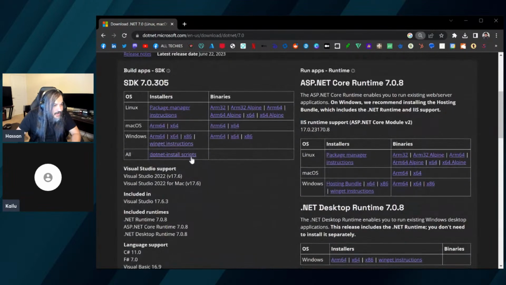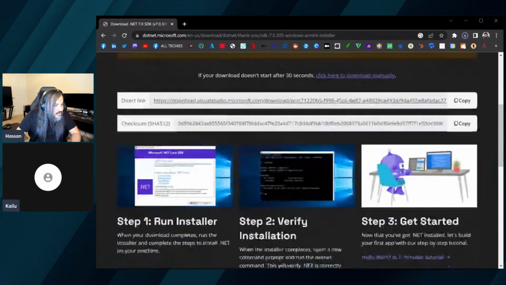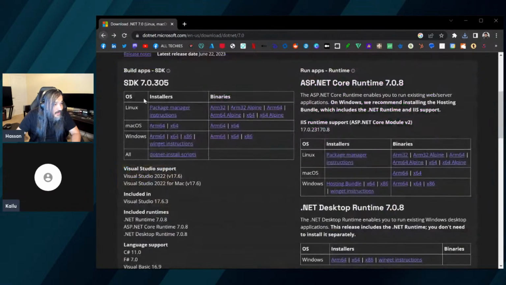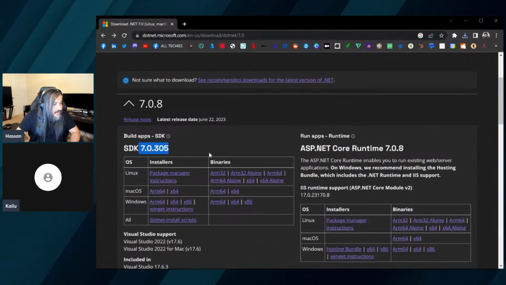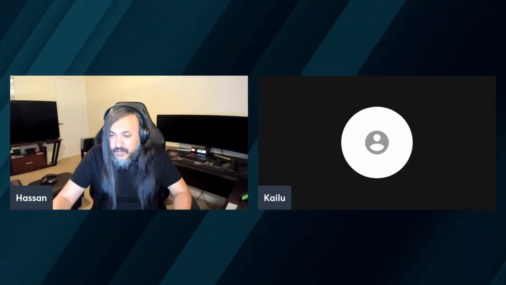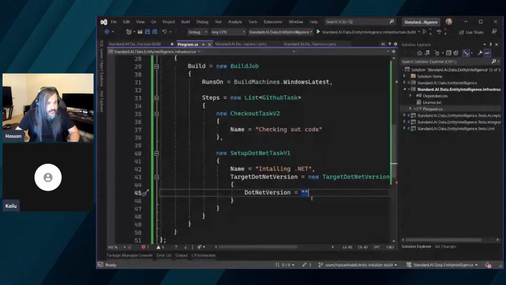Things change a lot on this website. Is it, I guess 7, I guess 7.0, yeah, I guess it's this guy, 7.0.305. So let me go back to this one here. And I guess that's gonna be my target version here. So this, like that,